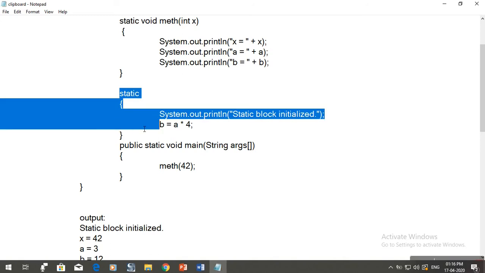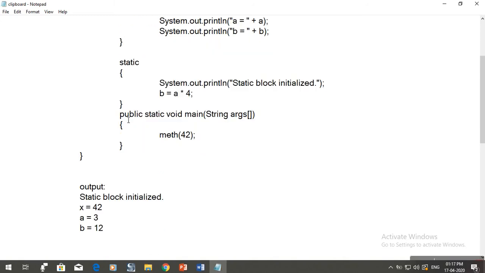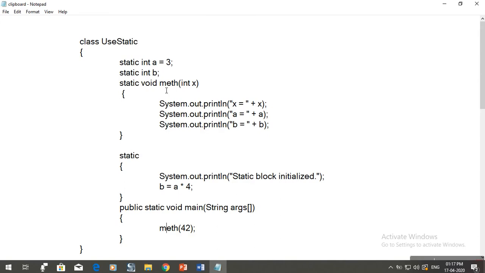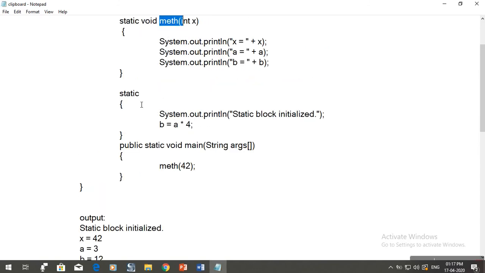We'll discuss what a static block is later. First we'll see what is within the main method. See here, public static void main, I'm directly calling this method, because this method is static.